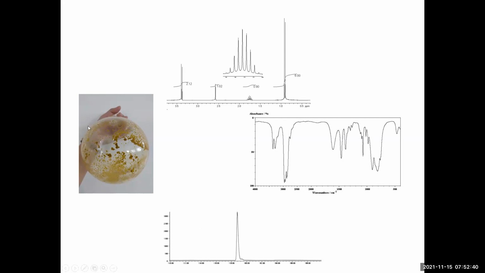Once we have our pure compound, or what looks to be a pure compound by TLC, because there's only one spot, then we would do all of our analysis of that compound. So for example, we could get an NMR spectrum using a portion of the solid mixed with solvent, and we could get an IR spectrum, and then we could even get a GC or an LC, which are different types of chromatography we'll talk about at the end, that will actually give us quantitative purity of that component.